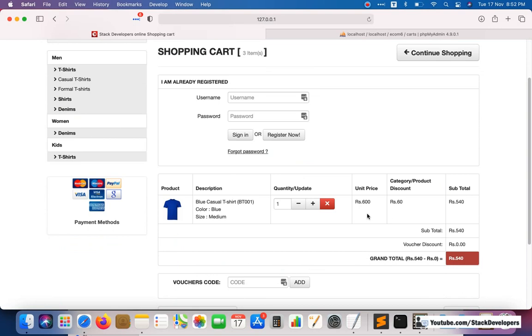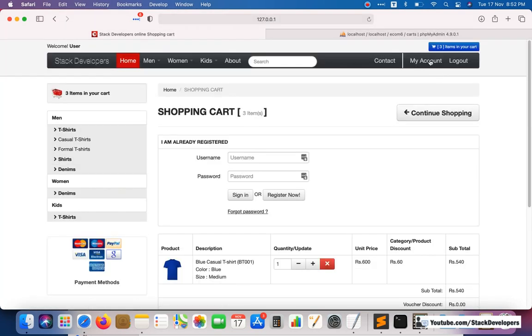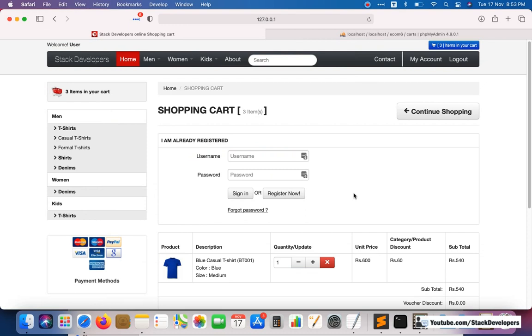See, now we are able to get that item even after login. Okay, so we can check here that the user ID is fetched. See, the user is able to add the product in his cart even after login. So the user is able to retain the product after login. He first adds the product in the cart and then logs in, and then he can see that the product is there after login as well.